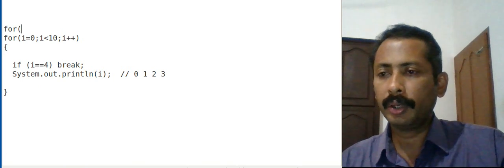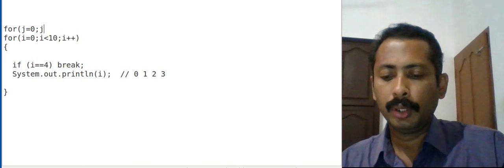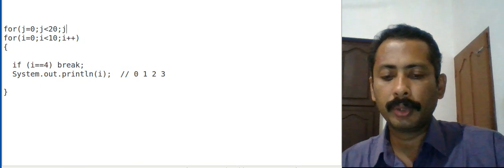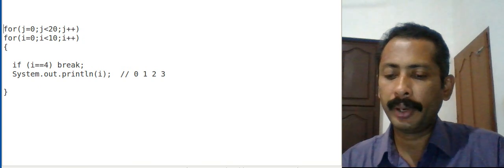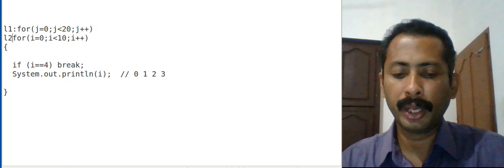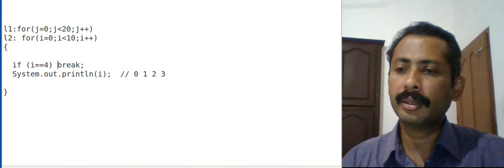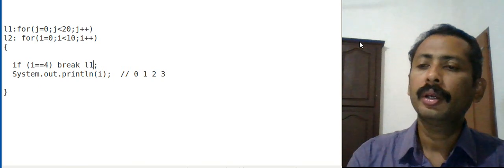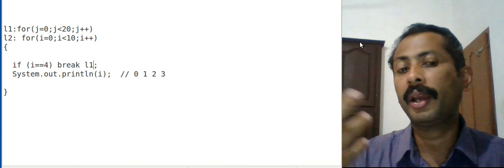So if I want to exit from the outer loop also, then we have to use a logic like this. That is, we have to use something called labeled loops. So this is having a label as L1, and if this is having a label as L2, then if I am giving like this, break L1, it means that if i is equal to 4, break L1 also.